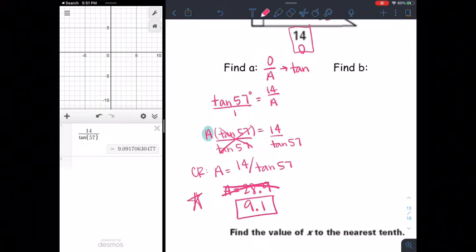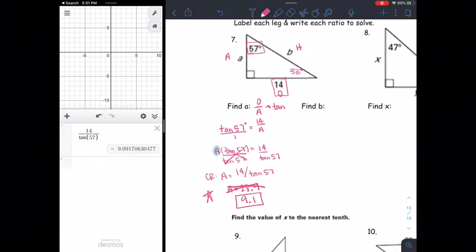Always check that you are in degree mode. Lessons from Mrs. Powell. All right, so now if I want to find b,